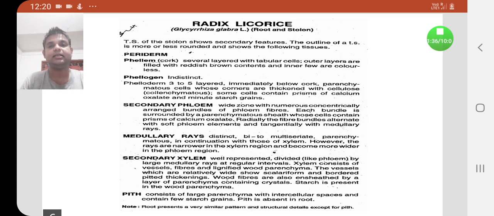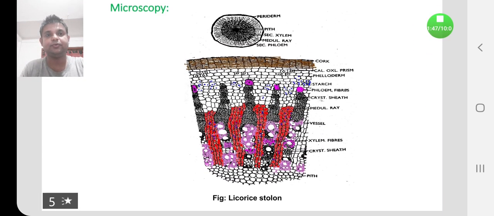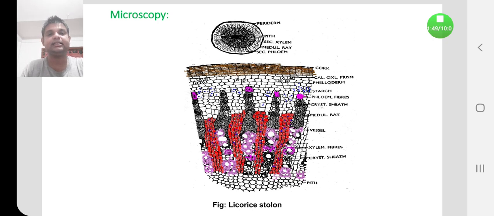So these are the important histological characters generally found in the transverse section of licorice root. The diagram I wish to show you once again. So these are the characters you will